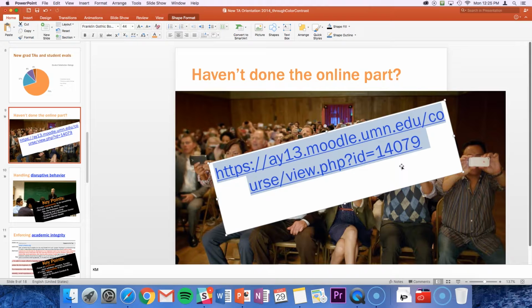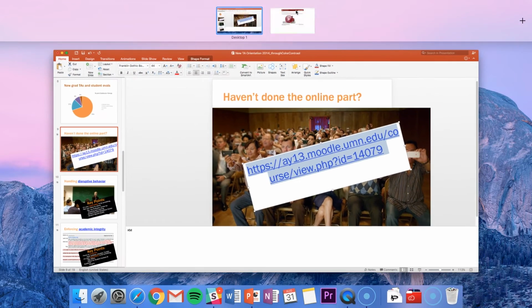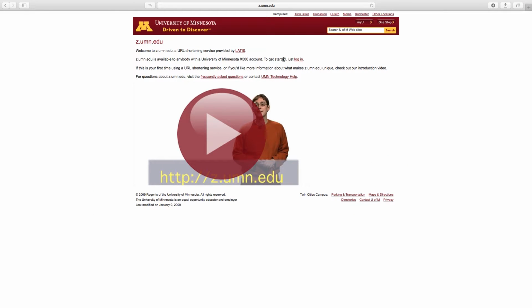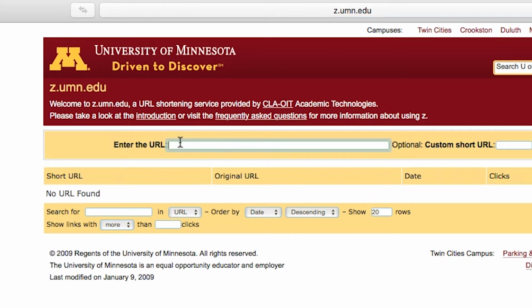At University of Minnesota, we have this great service called Z-Links, and if you've never created a Z-Link before, I'm going to show you how. All you need to do is copy the full text of your hyperlink to your clipboard, log in to z.umn.edu using your Internet ID, paste the hyperlink, and tell the Z-Link generator what you'd like the shortened link to